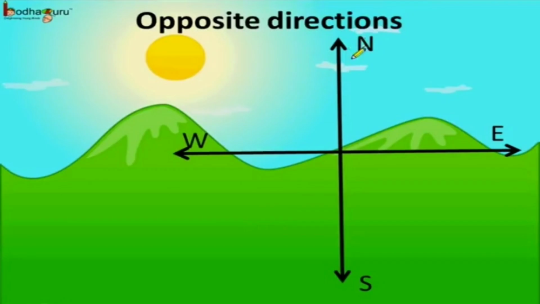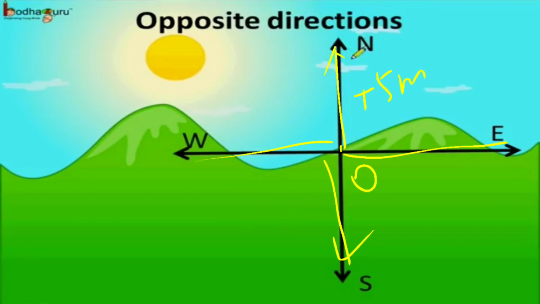These are different cases. Now let us take the case of directions. Already we know that there are 4 directions: north, east, west and south. Suppose that this one is the origin point. When we proceed toward the north side, suppose we want to proceed 5 meter above on the north side, it is the indication of a positive integer.